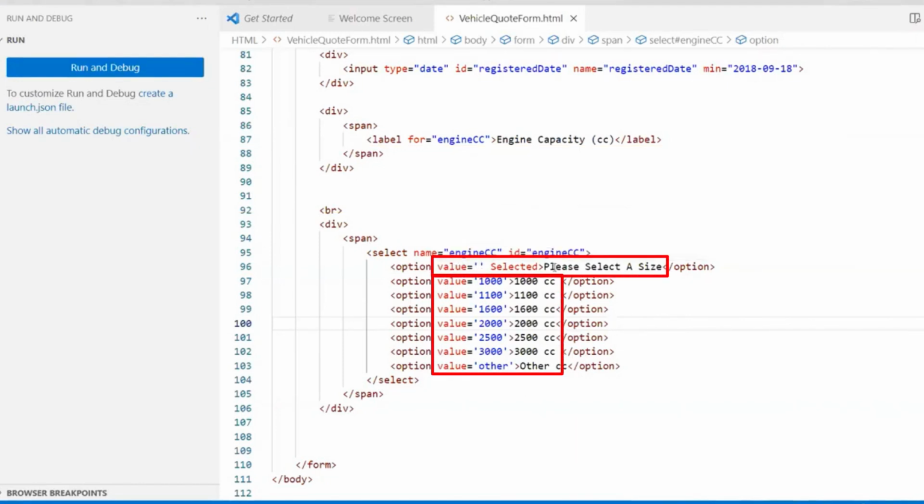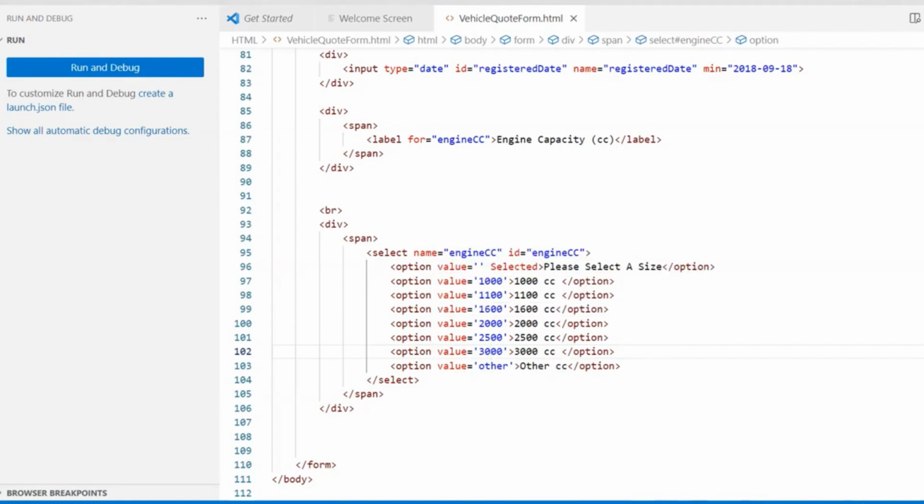So that one is not going to go to the server with anything because it's blank. This one is going to go with 1000 if we send it to the server from this client at the front. This one is going to give us 1600. This one is going to give us 3000. So they all have a value which would be associated with that particular option